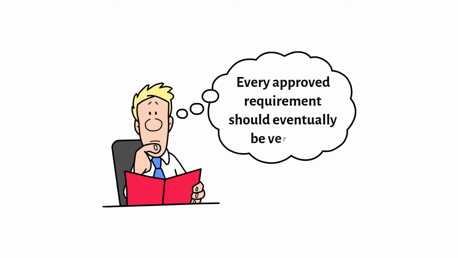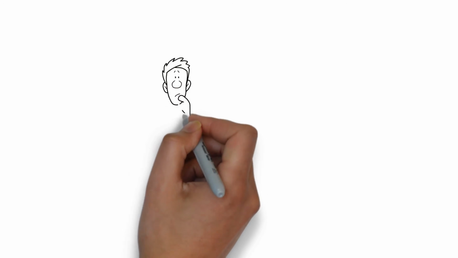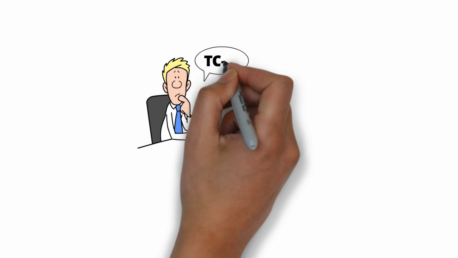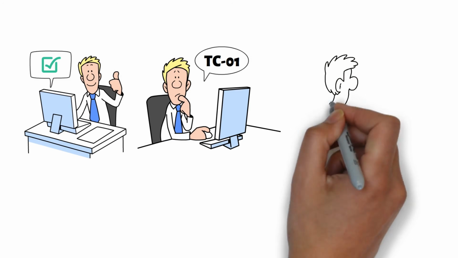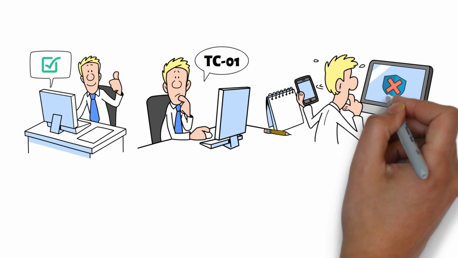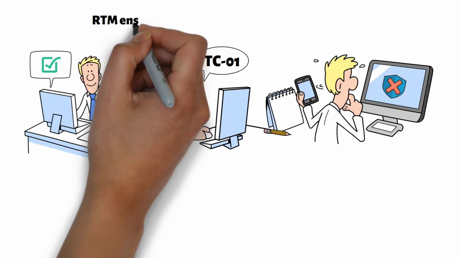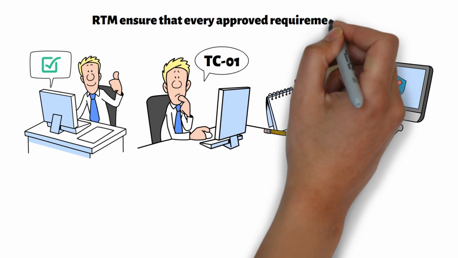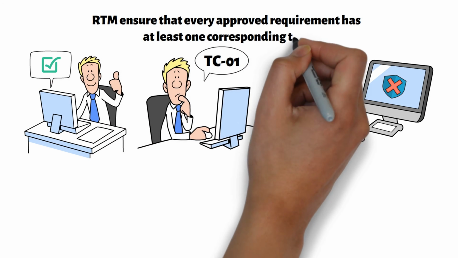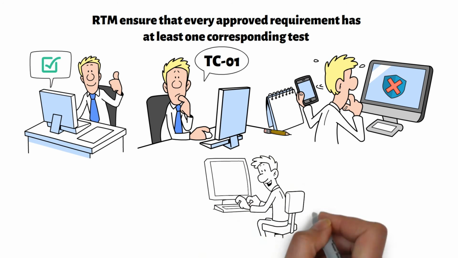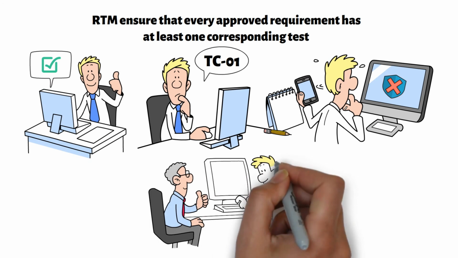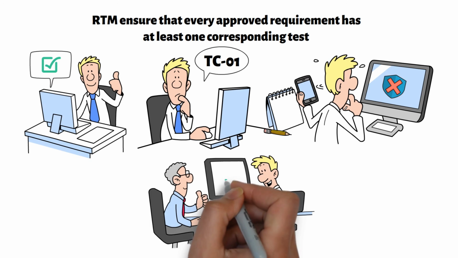The RTM also plays an important role during testing. Remember, every approved requirement should eventually be verified. Our password reset requirement is linked to test case TC-01. When that test passes, the team has objective evidence that the requirement works as intended. If the test fails, the requirement is not yet complete. The RTM makes these relationships easy to see. It also helps ensure that every approved requirement has at least one corresponding test. Once testing is complete, the RTM supports validation by showing that each approved requirement has been successfully implemented and verified